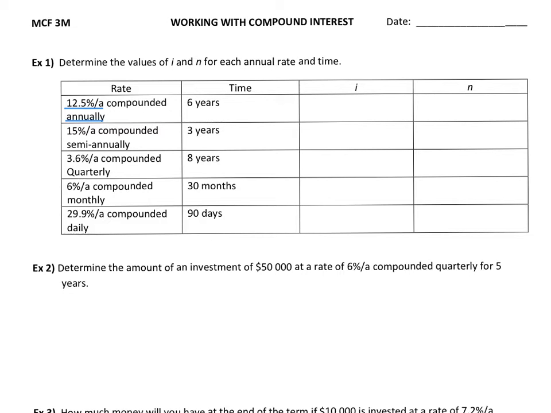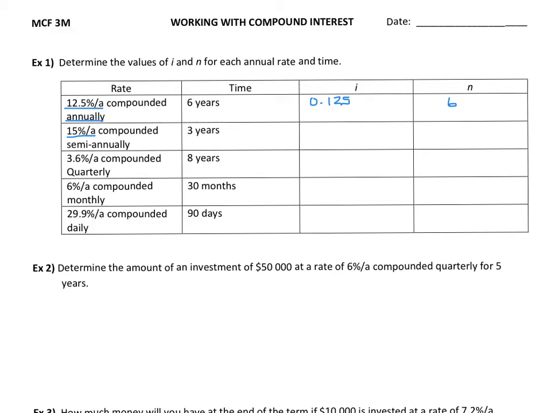So our I value is just going to be the 12.5% in decimal form. Now I could divide that by 1, but that's just going to give me 0.125. My N, it's compounding every year for 6 years. The N is just equal to 6. It's going to compound 6 times in total. For the next one, we have